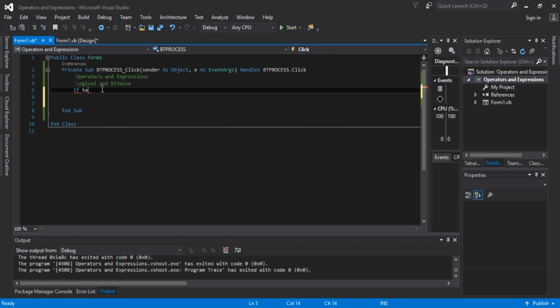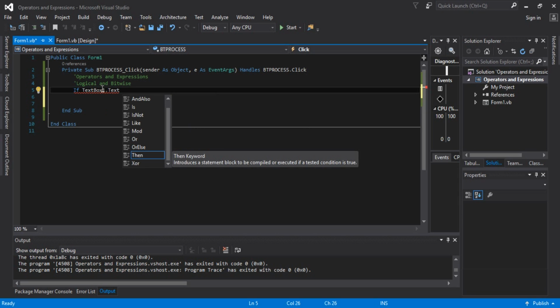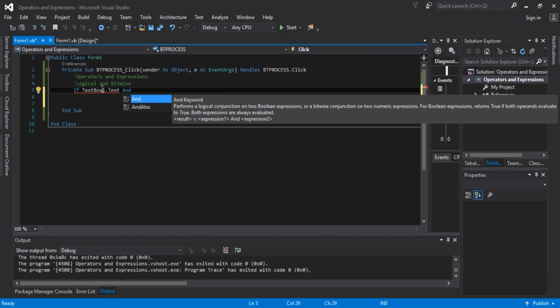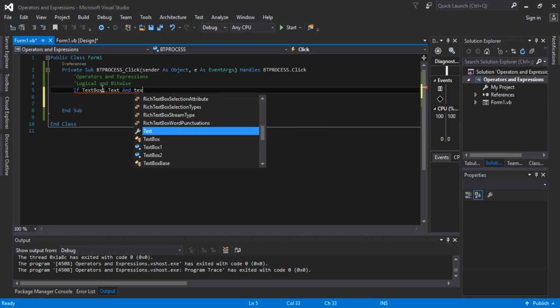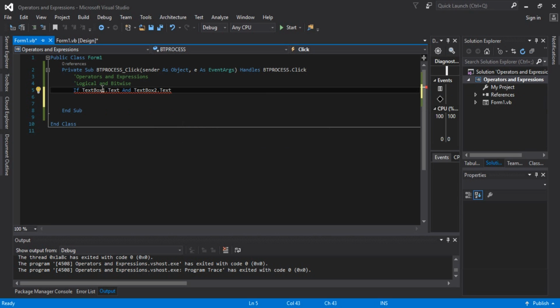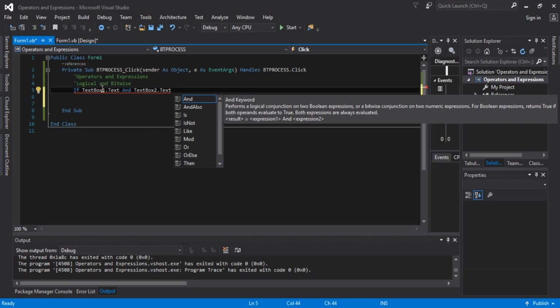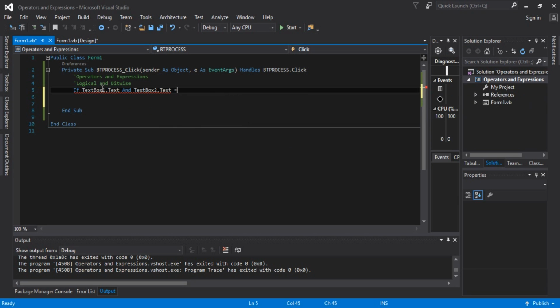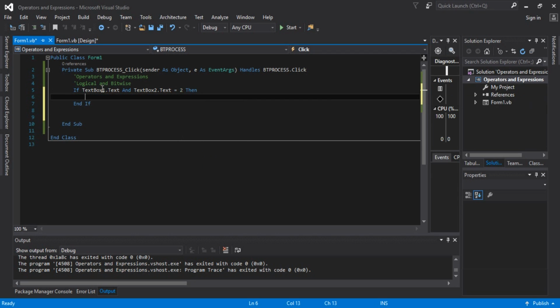If text box 1 dot text and text box 2 dot text, I will try to do it like this, guys. You can see here the statement: if the text box 1 dot text and text box 2 dot text